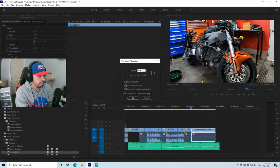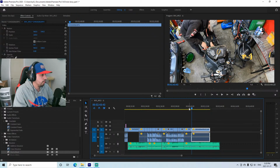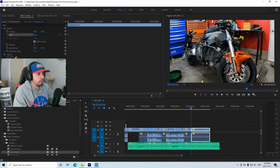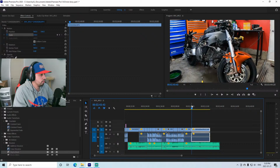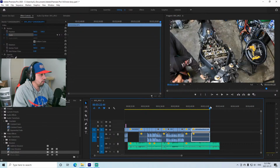Let's go 450 on this one because it's kind of long, lengthy here. And we're going to start zoomed in on this one. So we'll go scale. We'll start at like a 140 zoom. Then at the end,